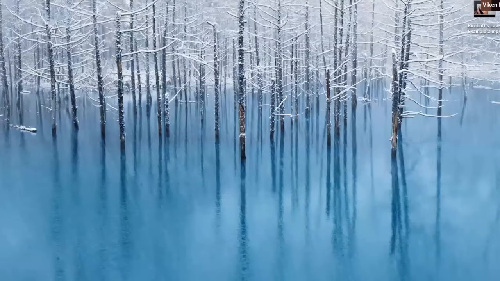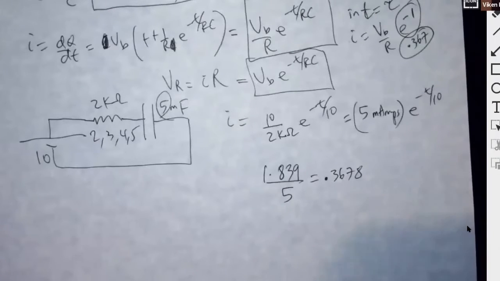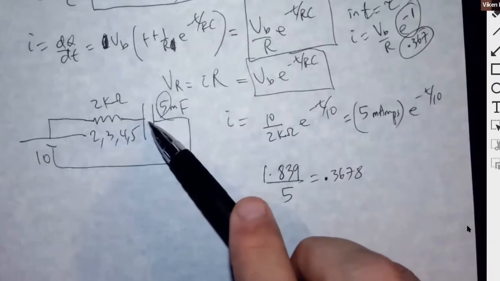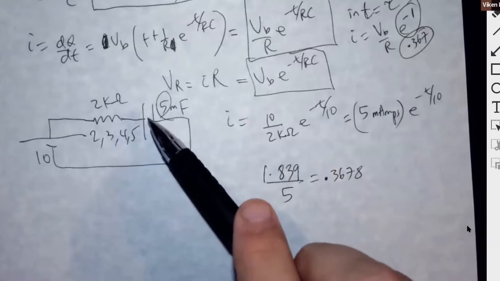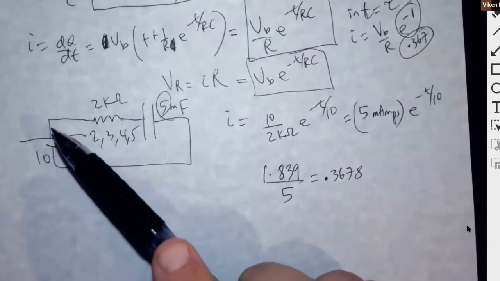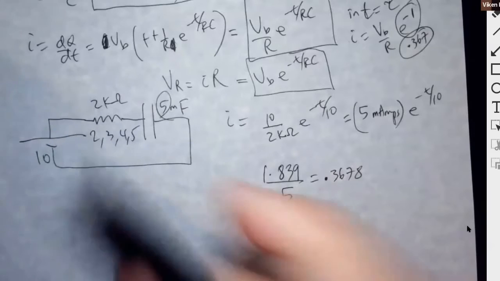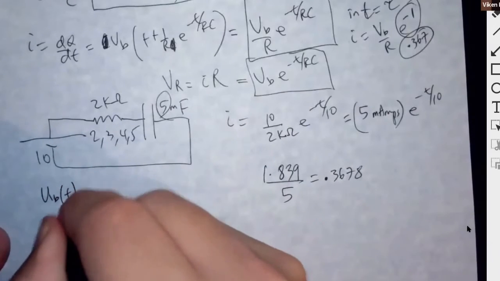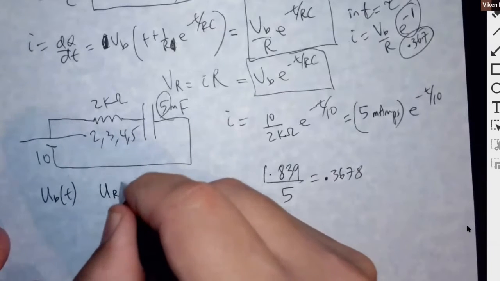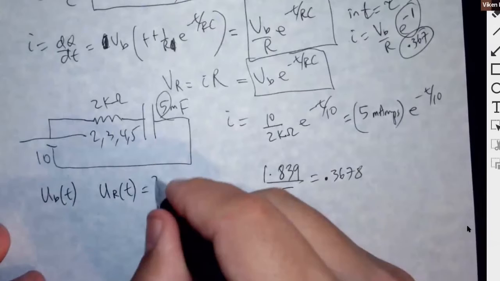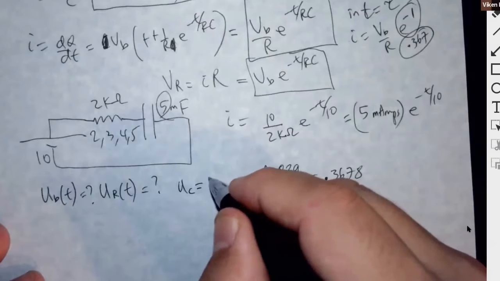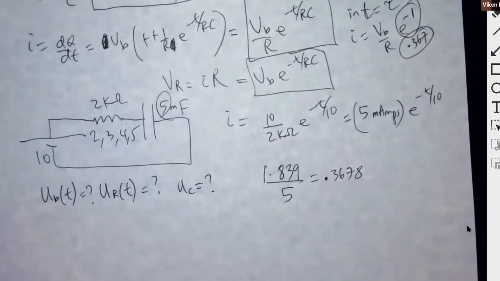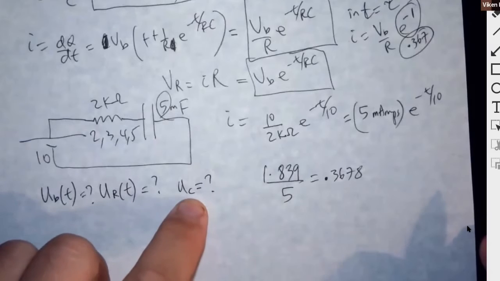So for example, if I wanted to show how does the energy stored in the capacitor change as a function of time? How does the energy produced by the battery change as a function of time? How does the energy dissipated in the resistor change as a function of time? And then how does the energy stored in the capacitor change as a function of time? So the capacitor would be